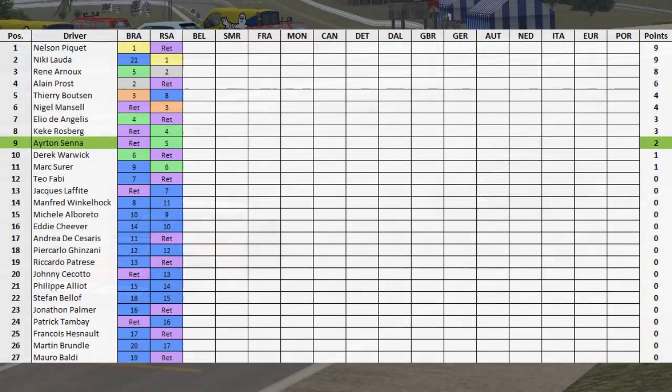We're now going to look at the championship standings. At the top of the championship, we have Nelson Piquet and Niki Lauda. Both have 9 points to their name, with both having a win each. It's going to be a very tight championship between them, I think, with Rene Arnoux following closely behind in 3rd. He's actually the only driver to finish both times in the points, so he's doing extremely well, keeping a reliable car, as well as finishing consistently in the points. In 4th, we have Alain Prost in the McLaren, with 5th Thierry Boutsen, 6th Nigel Mansell, 7th Elio De Angelis, 8th Keke Rosberg, and we're sitting in 9th in the points with just 2 points to our name after finishing